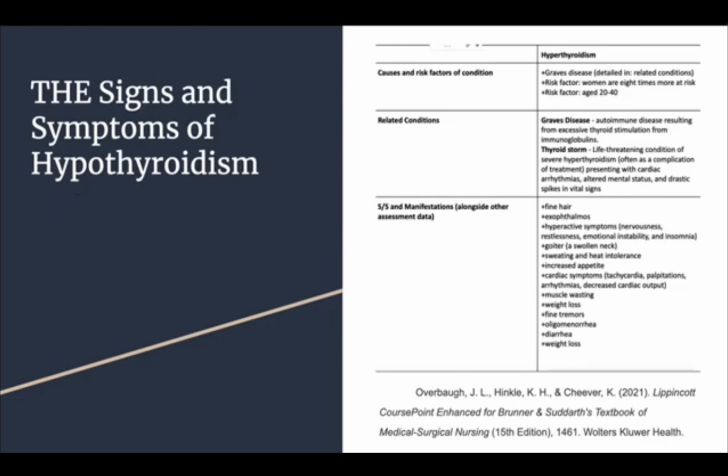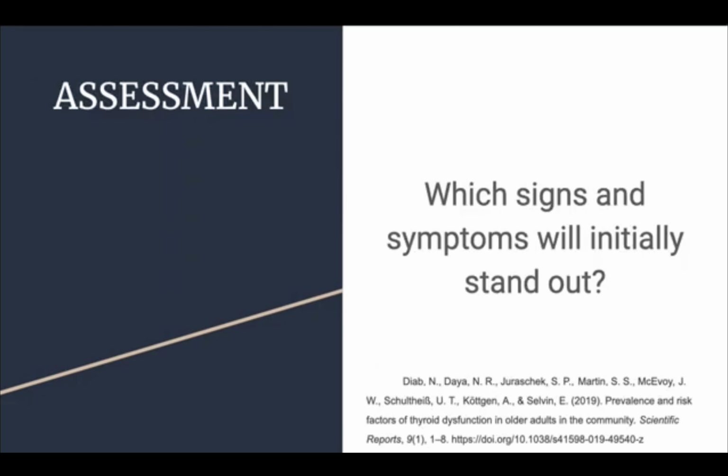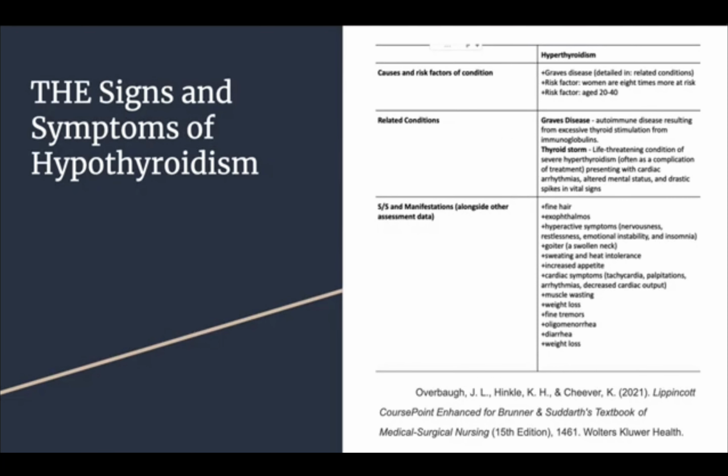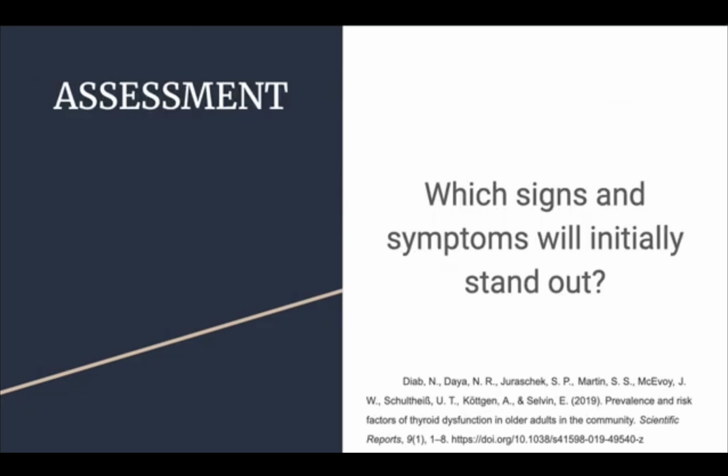Though other risk factors, such as women being 8 times more at risk than men, still hold true even with the lower incidence. So I described that in the assessment portion, because if an older adult is presenting with diarrhea and tremors, you may be less prone to assess for hyperthyroidism and more likely to look at other causes of diarrhea. That being said, for assessment that should make somebody consider hyperthyroidism, looking at the signs and symptoms, I'd say the most direct to hyperthyroidism would be that goiter,